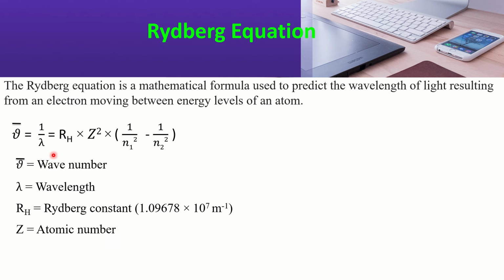Z is atomic number. When you explain the spectrum of hydrogen or do the math on the spectrum of hydrogen, there is no need to use this Z square because the atomic number Z is 1. So if you omit this Z square, there will be no problem or effect on the result. But for other atoms or ions like helium ion, lithium 2 plus ion, you need this Z square. Here N1 is the lower energy level and N2 is the higher energy level. Now,